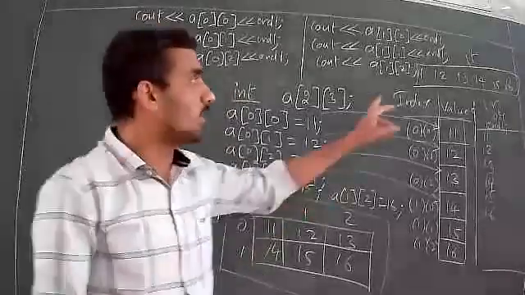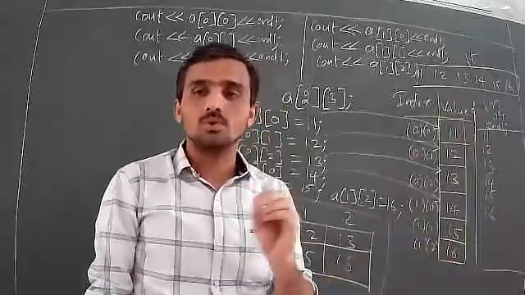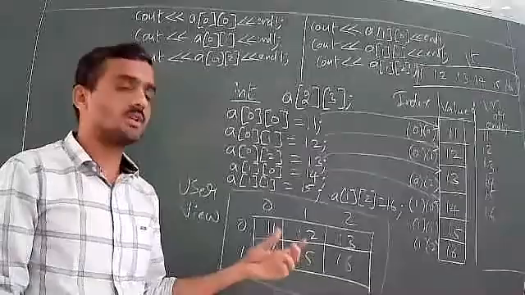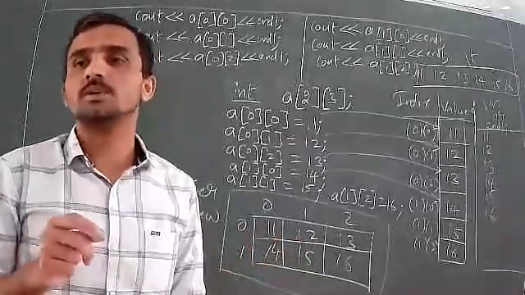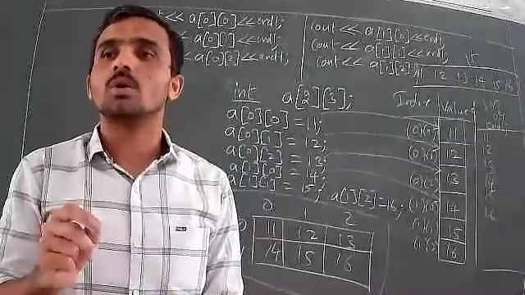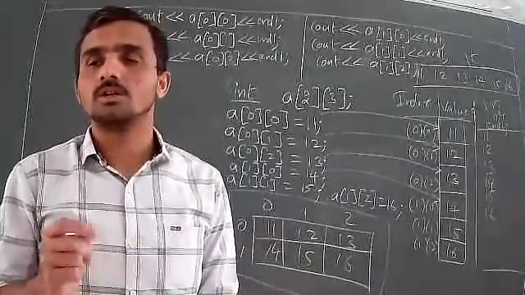So, if you display all the elements in horizontal, or if you display all the elements in vertical, it's of no use. You have to display in table format, that is, this is the user view. That I will tell you in the next class, how to display the elements of a two-dimensional array in row and column format on the console screen, so that it will be useful for the user.